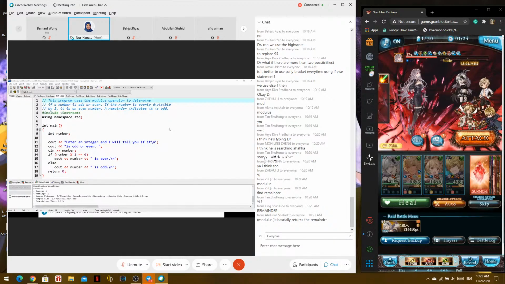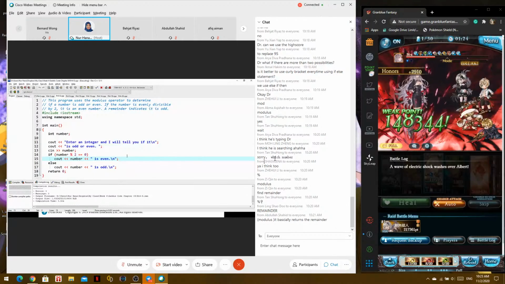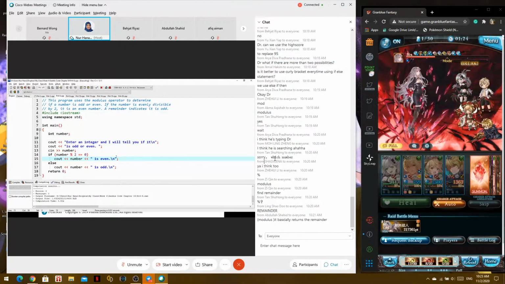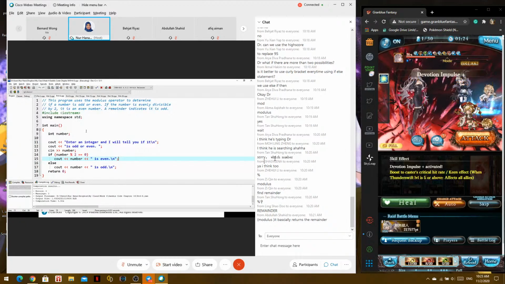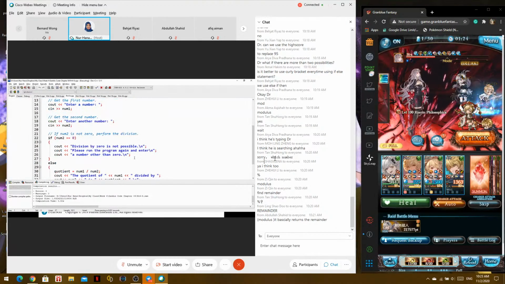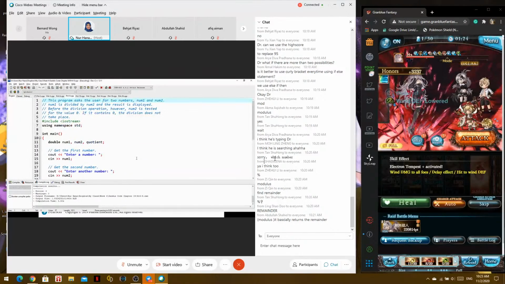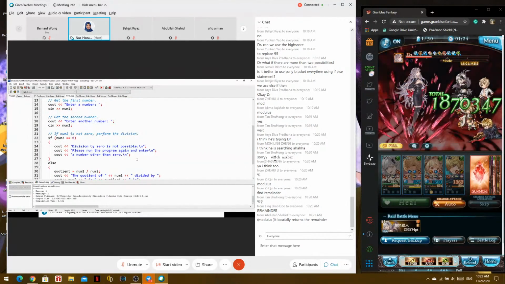If I enter -12, -12 is even. So if I only want the number to be, I'm sorry, I want to use this program actually. They are given two numbers, determine whether it's quotient, if it's